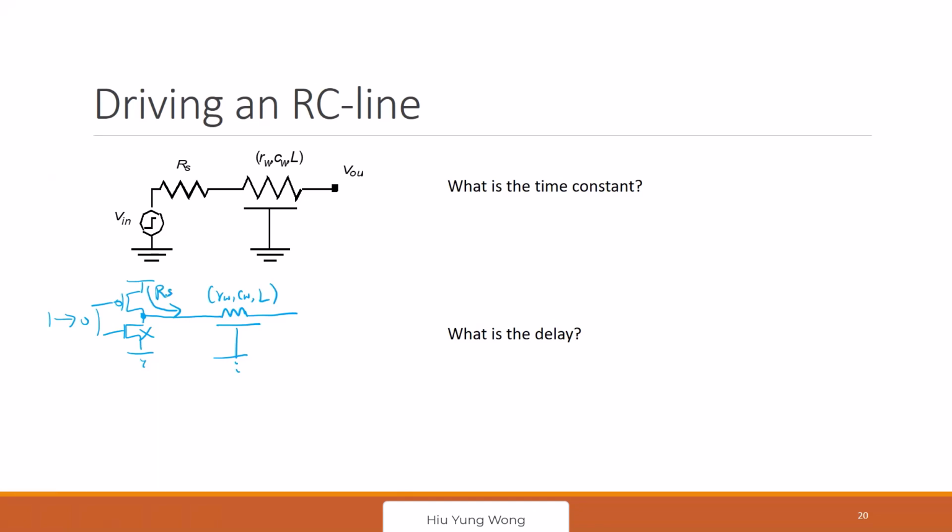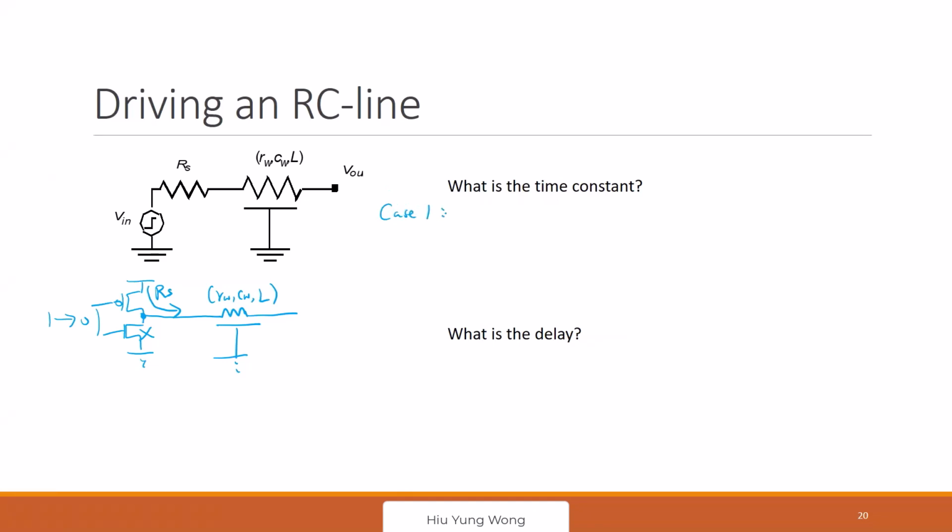What is Rs? Rs is what we calculated, what we just discussed, what did we learn last lecture, right? The effective resistance of your gate. How do we calculate this one? So then it depends, right? If we assume two cases,